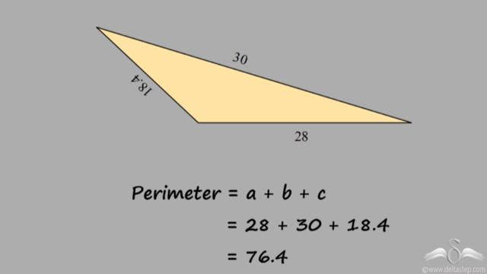Now he has found the perimeter, that is, he has found how much tape he needs. The second task at hand is to find how much chart paper he needs. To find the chart paper he needs, say the yellow region, for the chart paper he actually needs to find the region that is inside the triangle, that is, the area of the triangle.